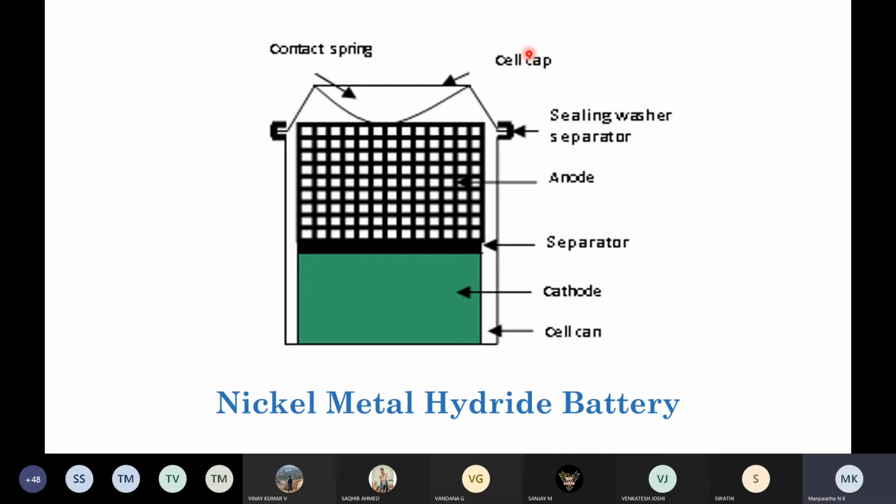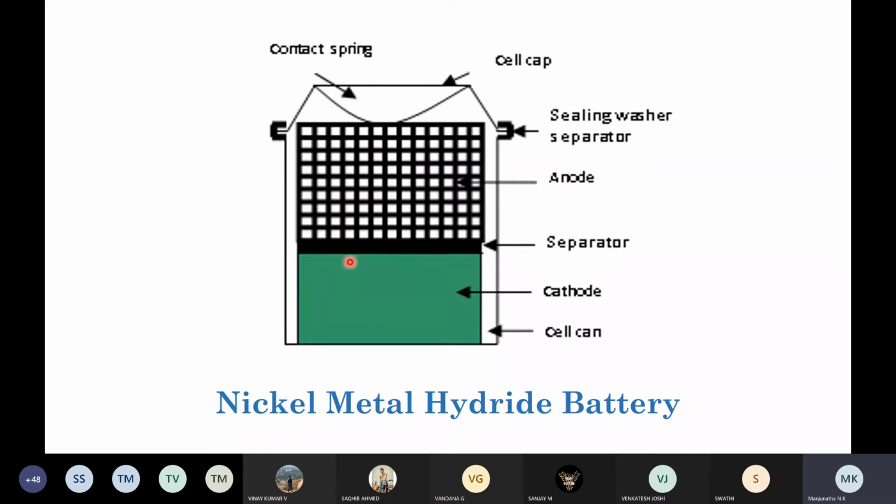So here you need to remember in your mind which is the anode, which is the cathode, which is the electrolyte and which is the separator. While writing the construction, you need to write these down. The nickel metal hydride battery consists of two nickel foils. See, this is one nickel foil in which the anode active material is packed. This is another nickel foil.